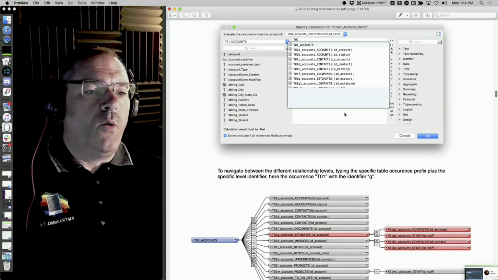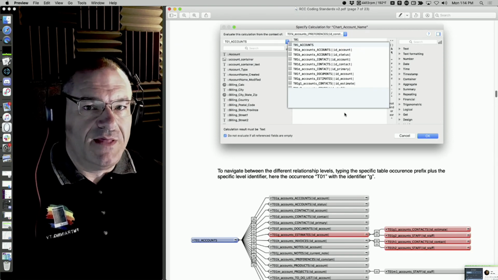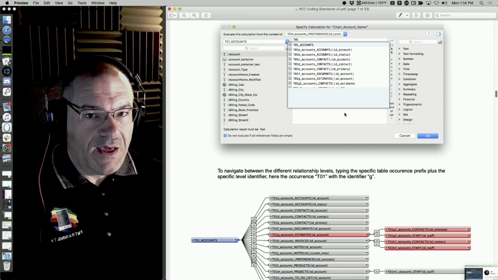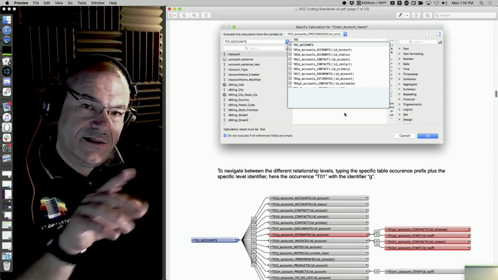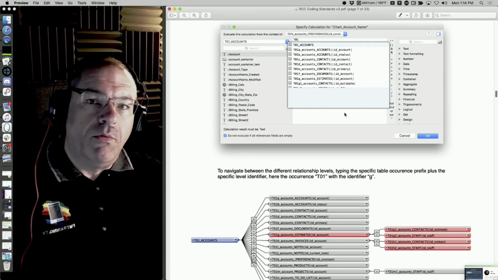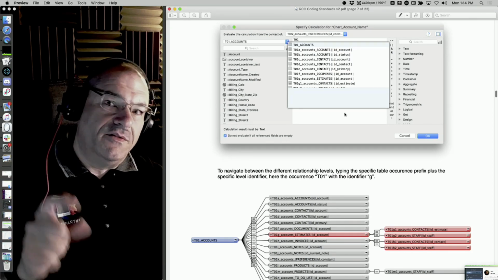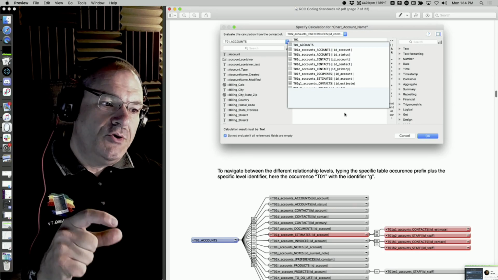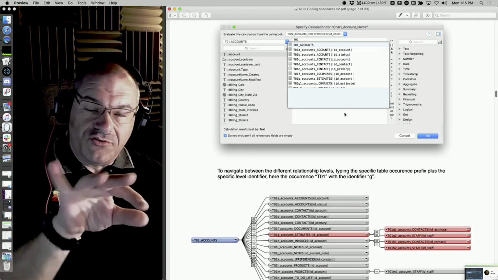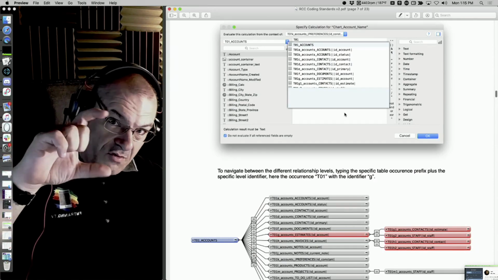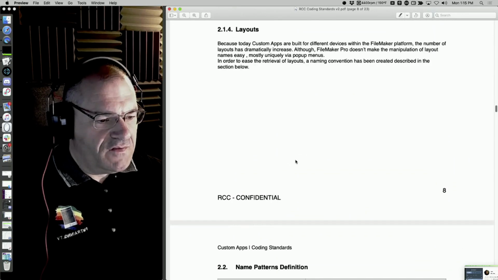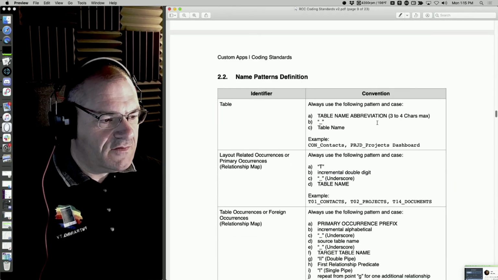Very, very interesting what they do in terms of naming. If you have a text field, it'll be a T and an underscore or something like that, or it'll be the name of the field, underscore, and then a little T on the end of the field definition. I do that with global fields because that way they group together in the field definitions. But you can take it to the maximum. Like I do an ID underscore, so that all the primary keys or foreign keys group together in the field definitions, right? And so you may or may not see that in here, but we talk about naming things.